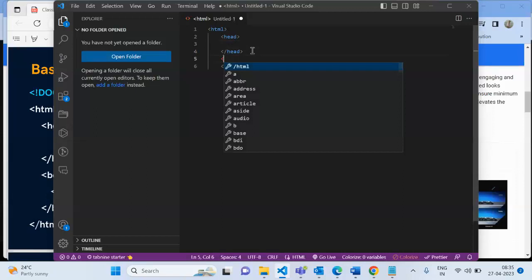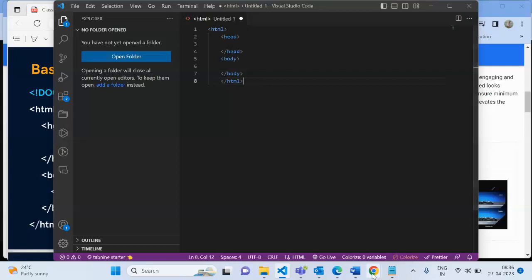And after the head, what will come? After the head, we'll get the body. Okay. Head, body. See, initially, first one is the HTML, because the page is HTML. In the HTML, we will have one head and one body. One head, one body. Opening, closing, opening, closing. See here, head, open and close, and body, open and close. And head and body will be included in the HTML. HTML is open and close. This is called the basic structure.